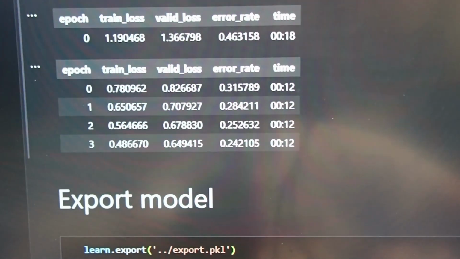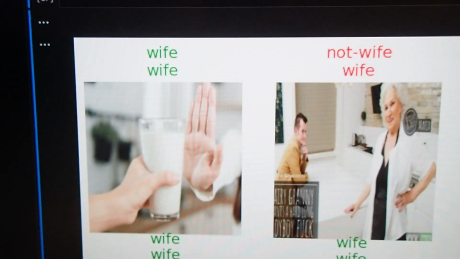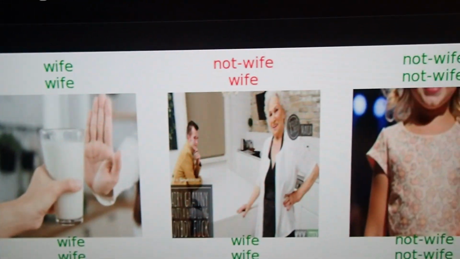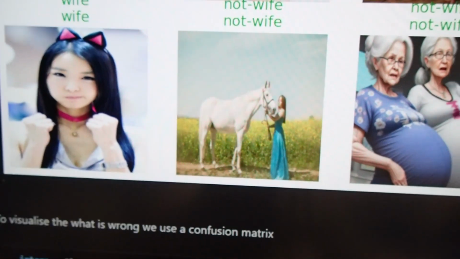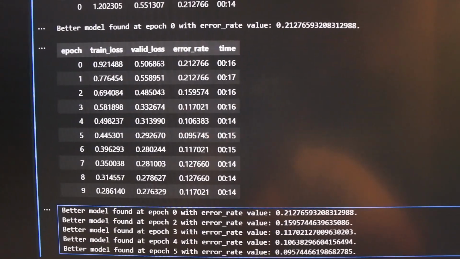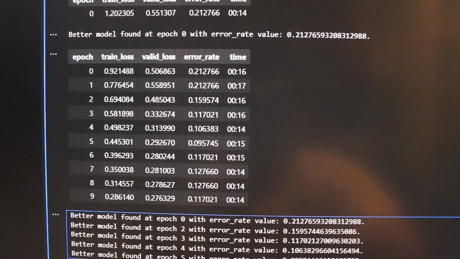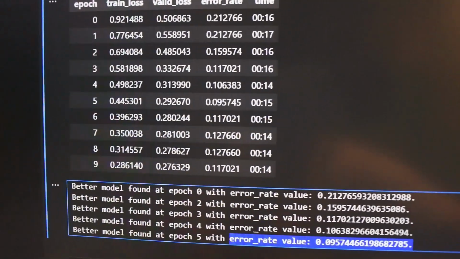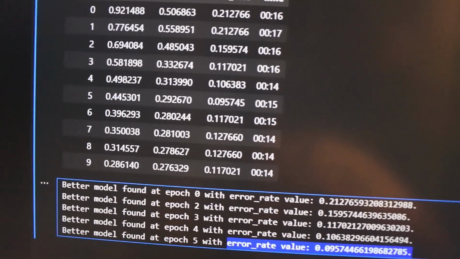In order to get a better understanding of what's actually going on, I thought we might take a look at some predictions. In here we can see some photos are simply just not related, and we're gonna have to remove them later. This is not wife, that's correct, definitely not wifeable. So yeah, as you can see, the model actually has a certain level of... let me just save that real quick. Anyways, I've now cleaned the data and trained a couple more times. We're now sitting at roughly around 90% accuracy,